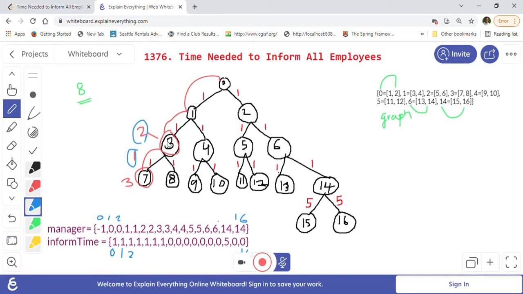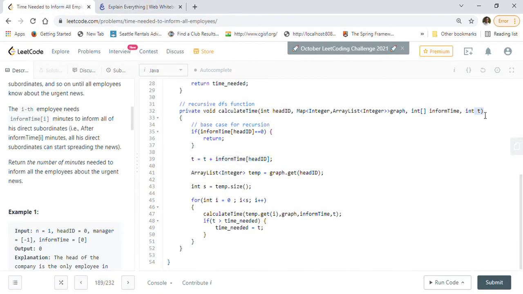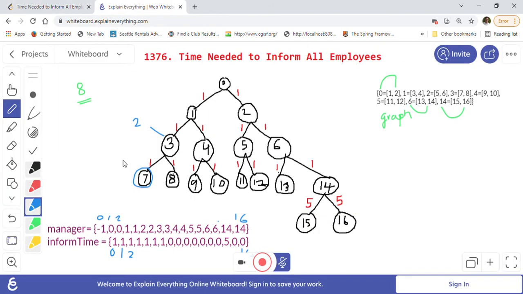For example, when we call the recursive function to calculate the time required for 7, we already know that the time required to reach 3 is 2. So we send that 2 into this function as the argument t, and then we add 2 plus 1, because 1 is required from 3 to 7, so 2 plus 1 is equal to 3.